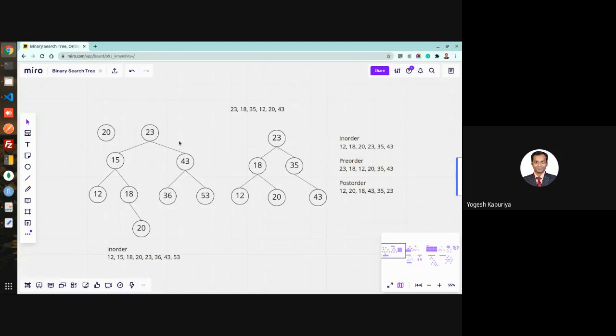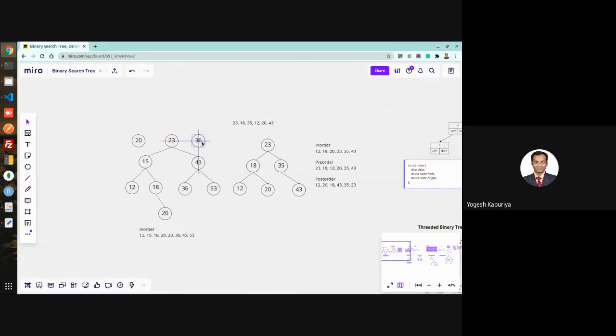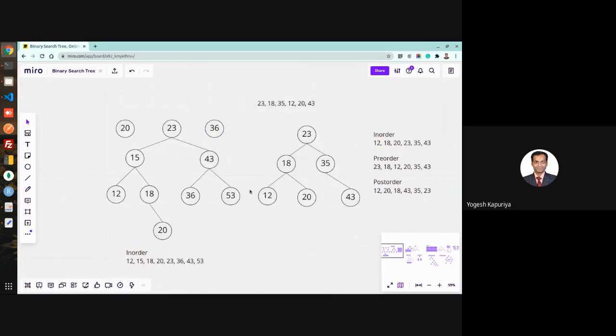For selecting from the right subtree, you need to identify the minimum node in the right subtree. Minimum is 36. So either you replace it with the in-order predecessor 20, or you replace it with 36.